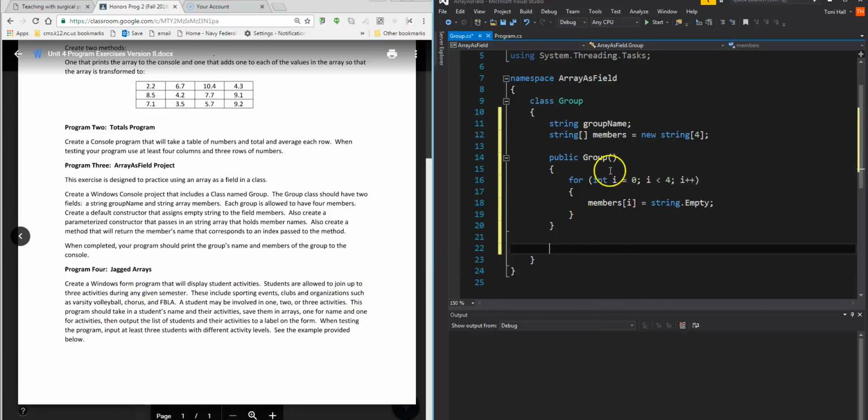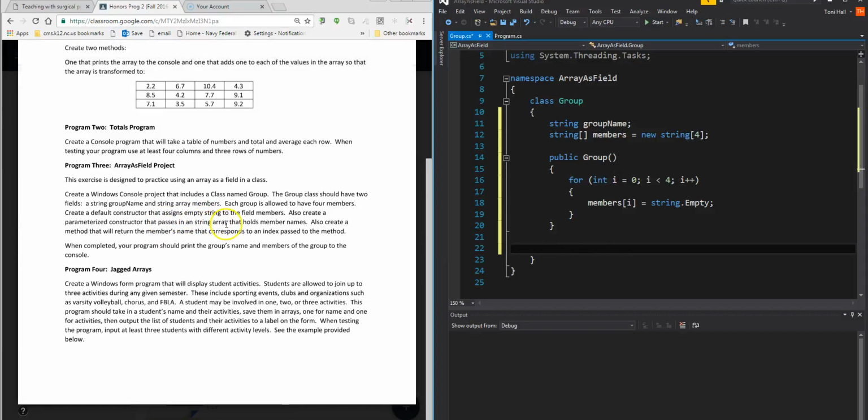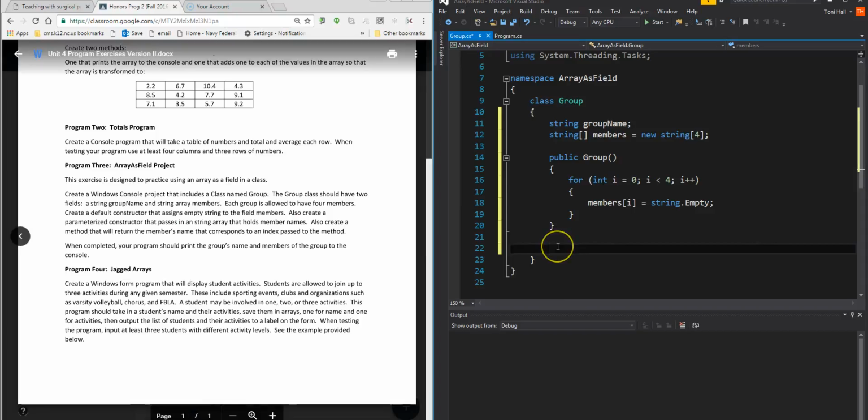So the next thing we need to do is create a parameterized constructor that passes in a string array that will hold the member names. So when you are going to parameterize a constructor, you of course have the constructor name, and we're going to pass in an array of string members. So it's going to say string, same way we have here, and we're going to say member names, and we'll say enter. So if you call the group constructor with an array of member names,